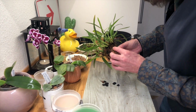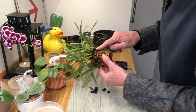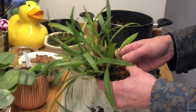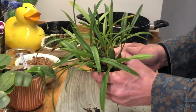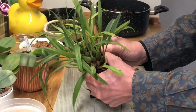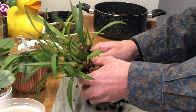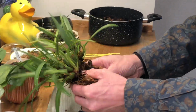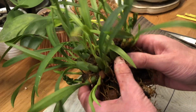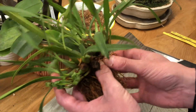See, there's some new roots. There's lots of new growths coming out. It's had to be done. I'm not sure exactly how this is gonna go. I feel like right down the middle there's this natural division point, but I'm just gonna go for it. You know, that's the thing when you're repotting, I think you just gotta have confidence, go for it. It probably would be better to cut it, but